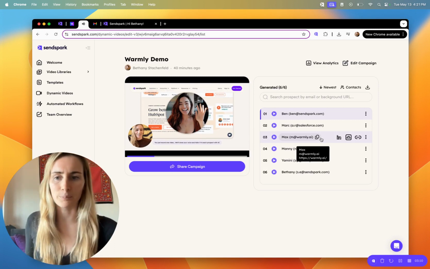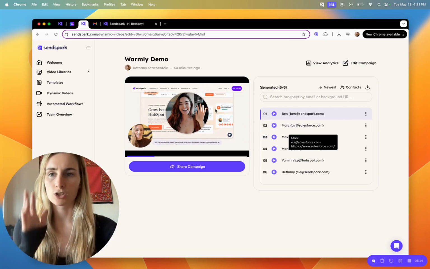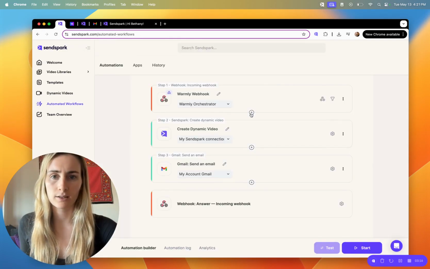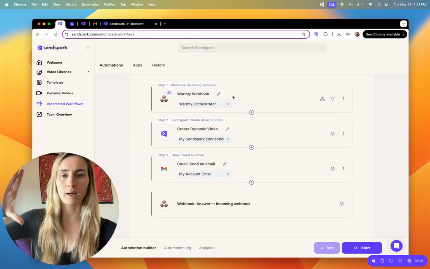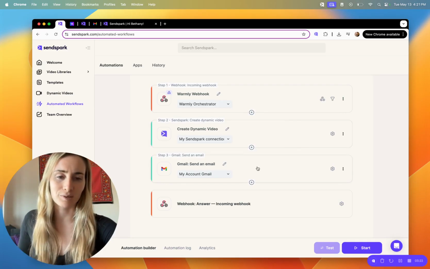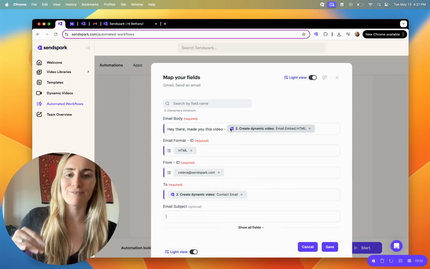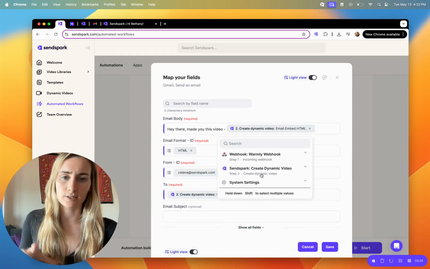Right, and so these are all the same video template, but personalized for different people. So we have this set up in Sendspark. So again, we got our Warmly webhook triggers the campaign that's creating the Sendspark video, and then you can send the email. And this is a rough demo, but basically when the video gets created, you'll see where it says